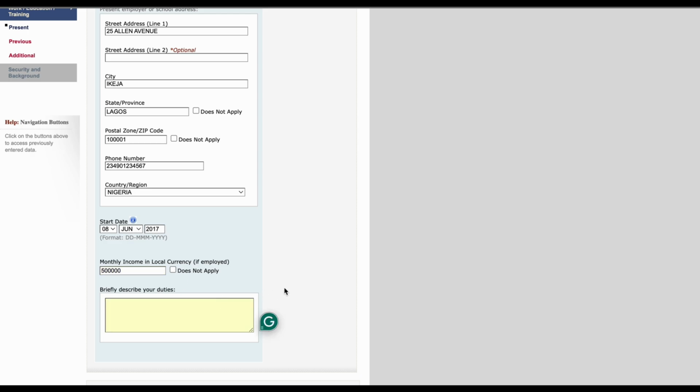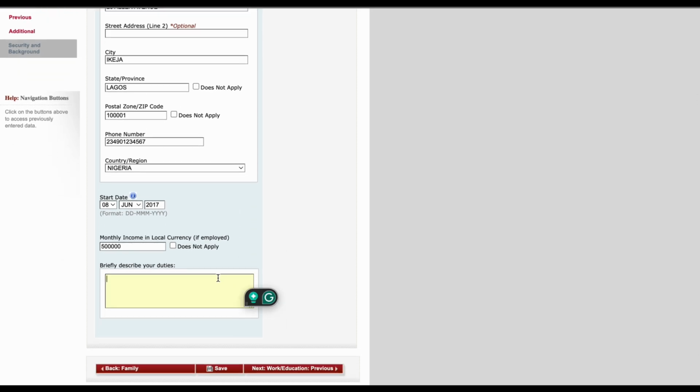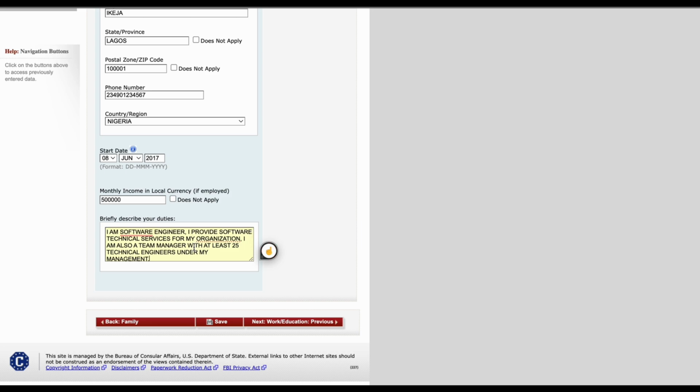And briefly describe the details of what you do. So the duties, you have to describe it. Let's say, okay, I am a software engineer. I provide software technical services for my organization. I am also a team manager with at least 25 technical engineers under my management. So you can provide extensive information on what you do, what your duties are here, then click on save